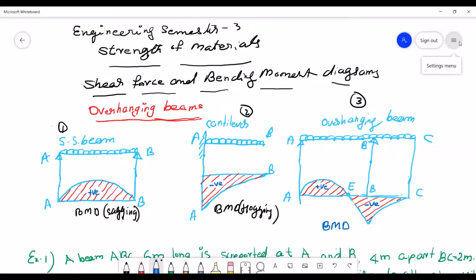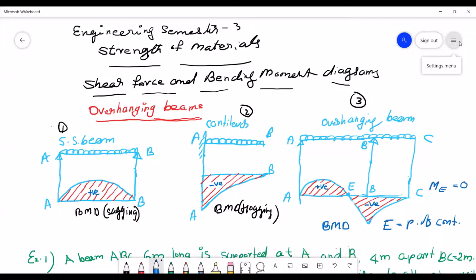The point at which the diagram shifts is on the baseline. As we know, at the baseline the bending moment is 0. Since the point where it shifts from positive to negative is on the baseline, I have noted that point as E. So E is the point of contraflexure, otherwise known as the point of inflection. And at E, the bending moment will be 0.